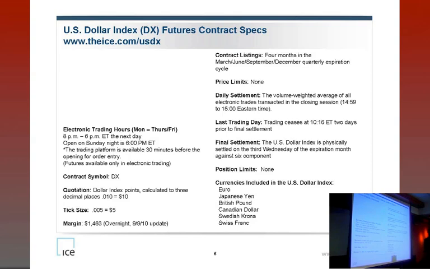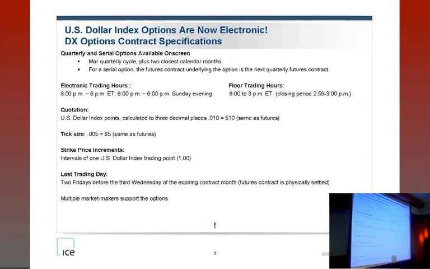And everybody always goes, why Swedish Krona? Well, at the time the index was created, the Swedish had a pretty good exposure in world currency trading in terms of international trade. And as I said, since the euro came into the index, all those other small European countries merged into that. And so they kept the Swedish the way it is because the Swedish is not in the euro. We also have options.